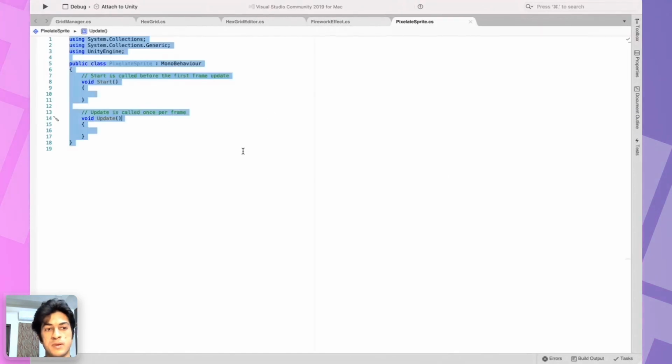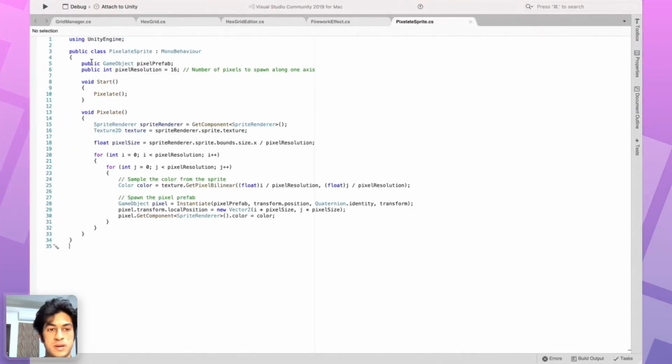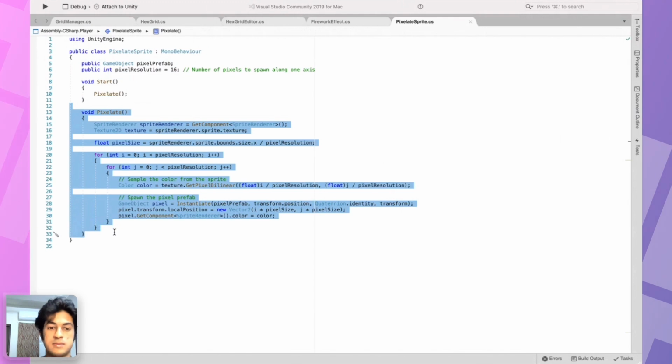Let's paste it out here. What we have here is a very simple function that extracts the colors out of the sprites and spawns the pixels on top of it.